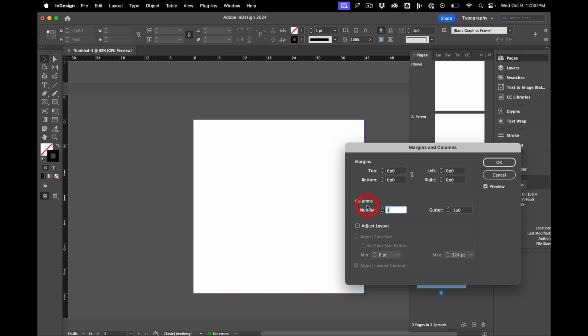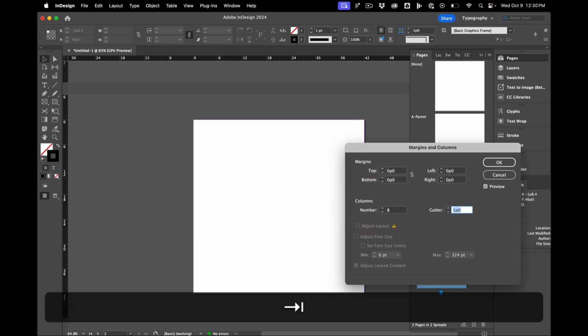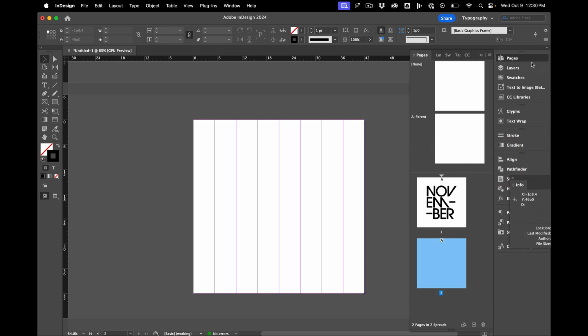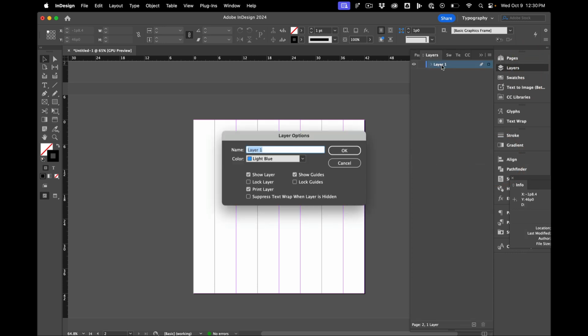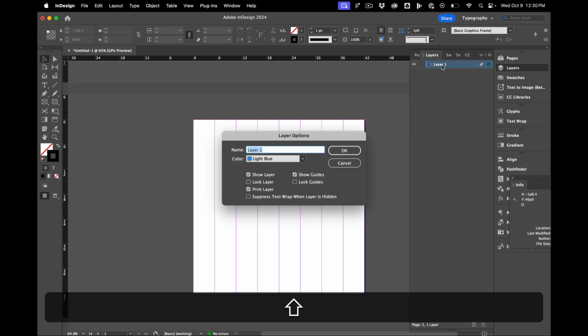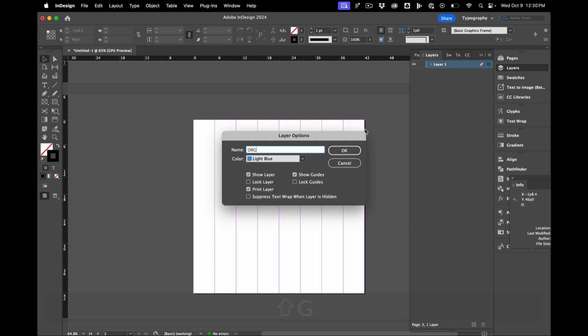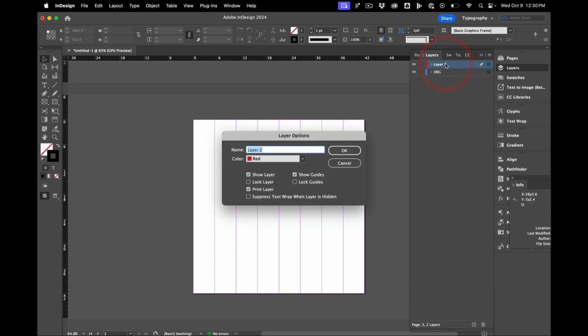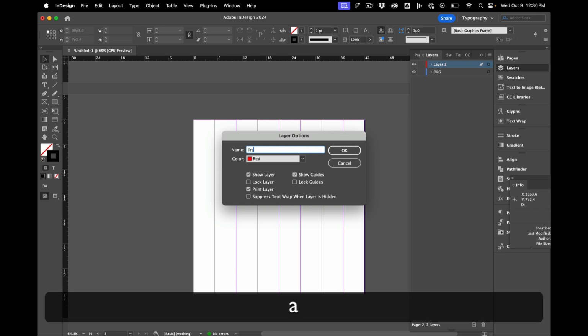We'll do 8 columns with no gutter. Then we'll call this our original stuff. We'll make a new layer. We'll call this fragmentation